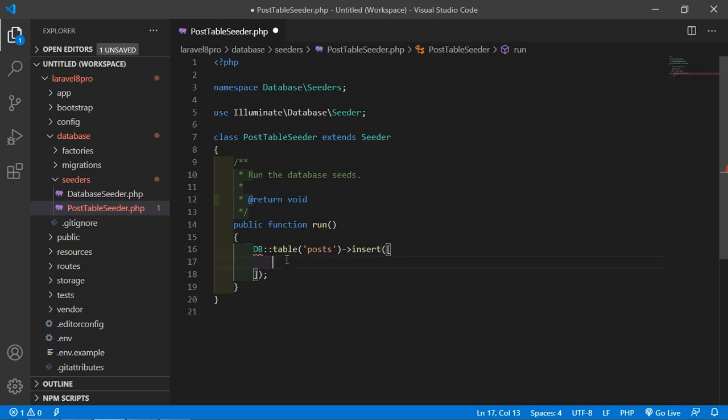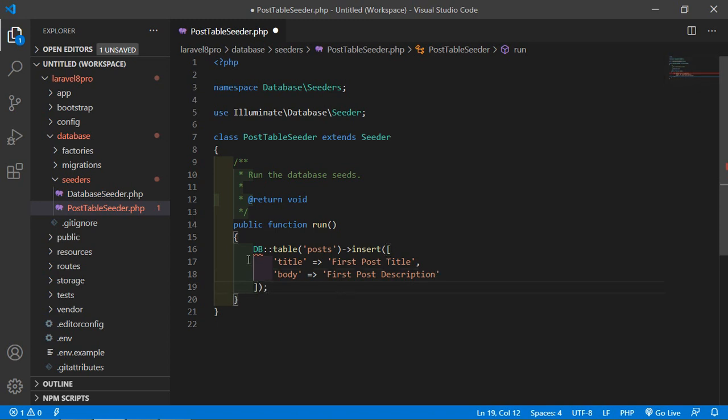Inside this, write title. Let's say the title is first post title, and body, first post body or description.